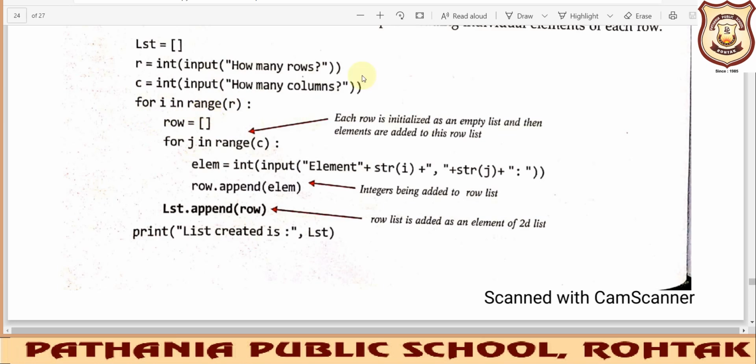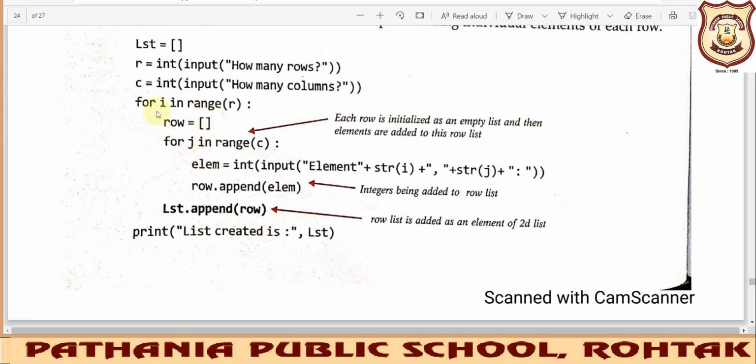When we want each row to be initialized as an empty list, we write row equal to this blank list. It will initialize each row with an empty list, and we know the importance of initialization, so that no garbage is entered into the list.